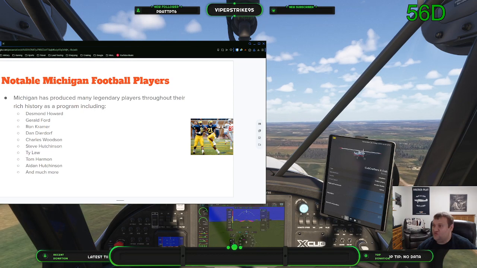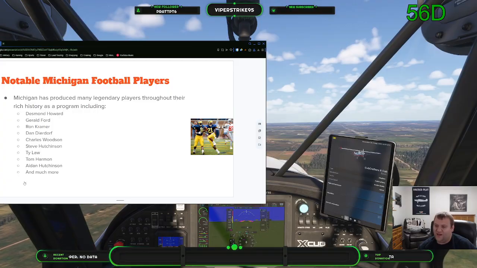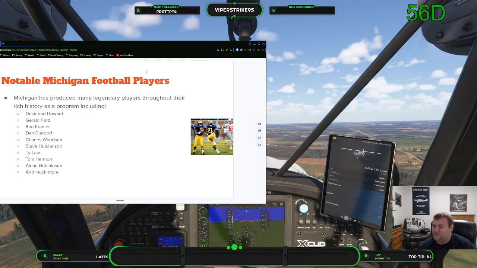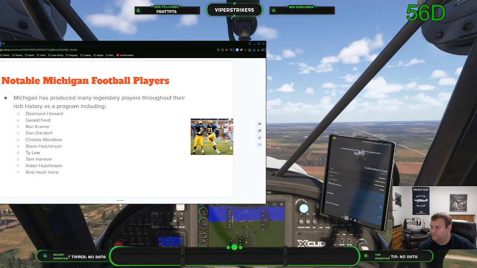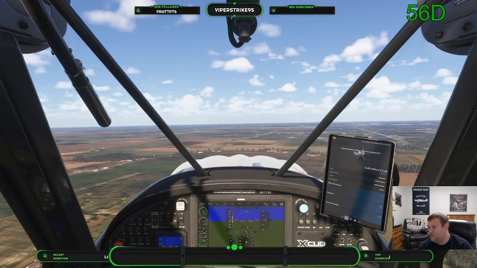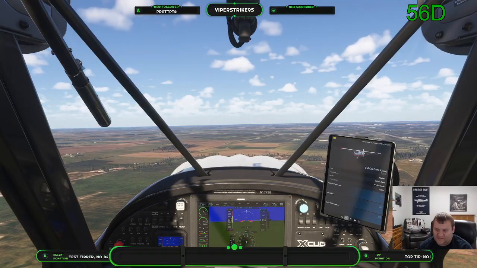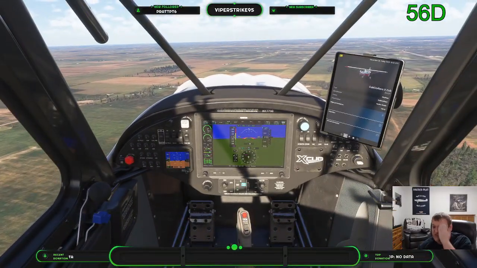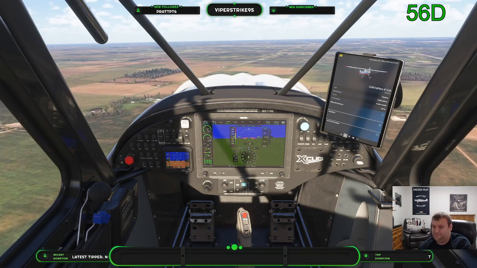And then Aiden Hutchinson, who's one of the best modern Michigan Wolverines currently. And finally, of course, there are tons of other Michigan legends all over the place. So that is covering the legendary Michigan stars, and there are so many to pick from. Like I said, where do I even pick the stars for Michigan? There are just so many of them. Too many to pick.